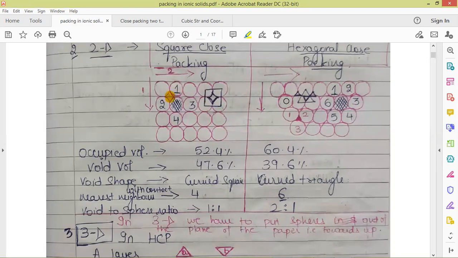So here we have shown that we are putting the spheres in the space created between the first line, and consequently doing the same thing further. Here we have put the spheres along the diameters, and here we have occupied those spaces which were created in between the spheres. So if we are putting along the diameter, then this is called square close packing. And if we are putting in the space created in between the layers, this is called hexagonal close packing.